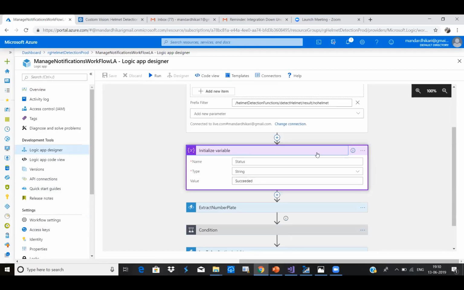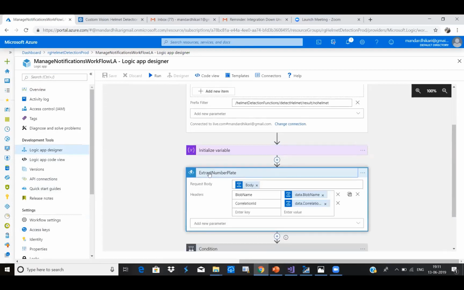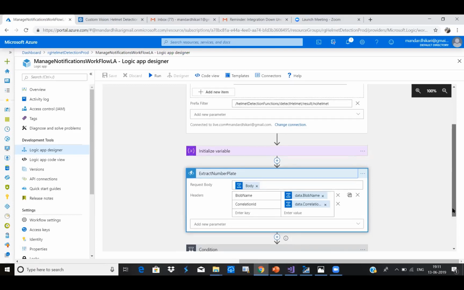This is used for logging at a later point of time. Then we call the extract number plate function here using the call Azure function action. We pass in the details like the body that we received over the custom event grid. Then we pass in the correlation ID and the blob name for setting up structured logging at a later